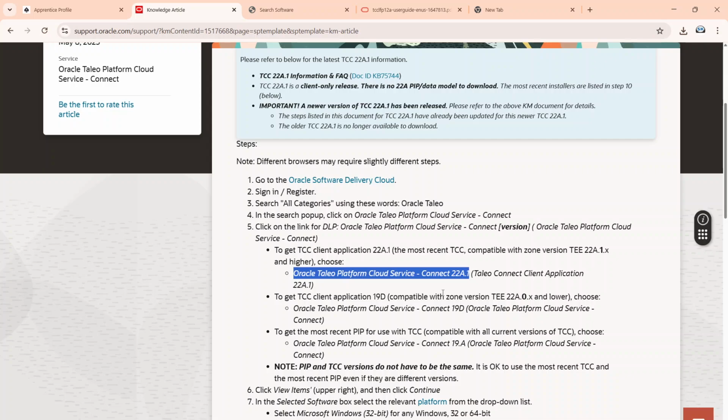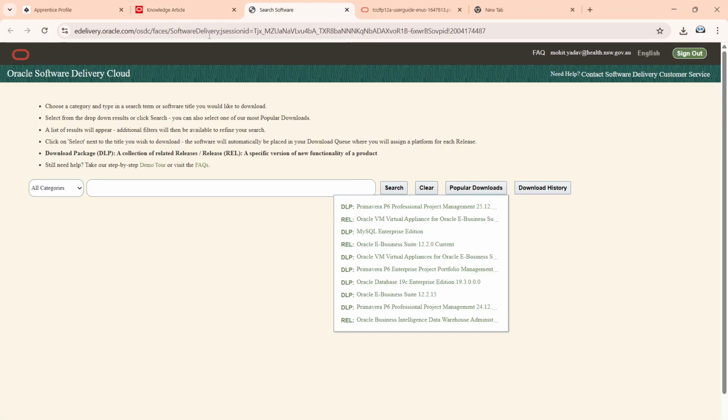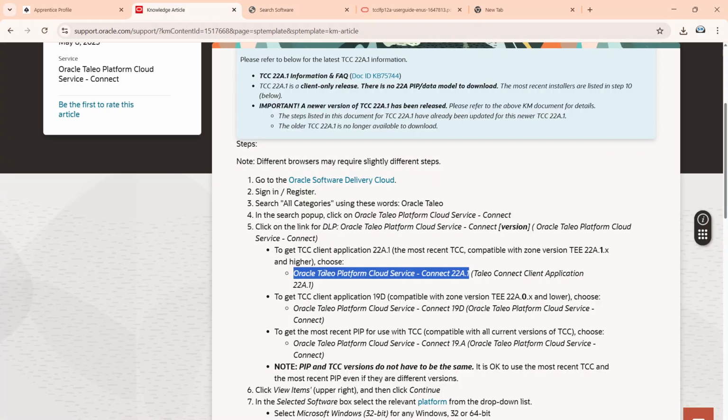But as I said, most of the clients have already upgraded, like they are on 22A or above, so we should be using the latest version. So let's see. We are here on the software delivery cloud. It has taken my single sign on. I come here, and then what I need to do is, as the step suggests,